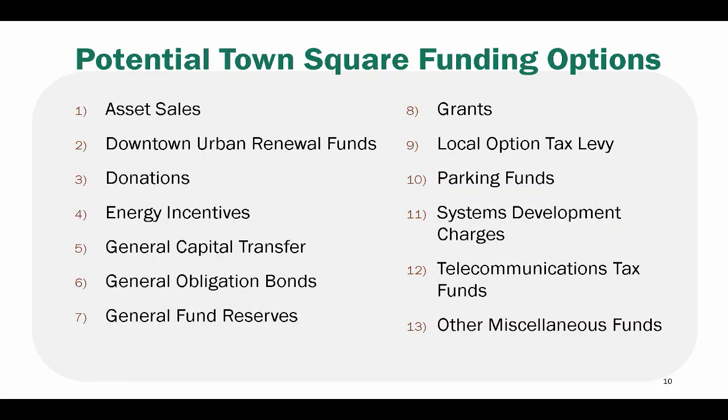So challenges here: this would require a type 1 amendment. It would take 6 to 9 months to complete after council took action. The amendment would be processed through an ordinance that would be subject to referendum. And this action would also require concurrence from our overlapping tax jurisdictions, for folks like 4J.